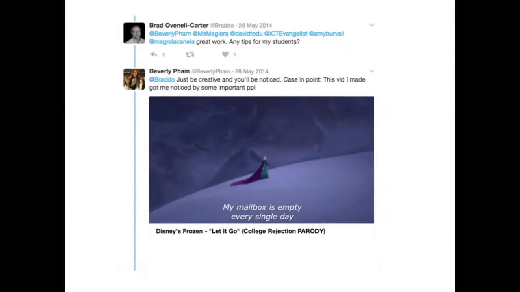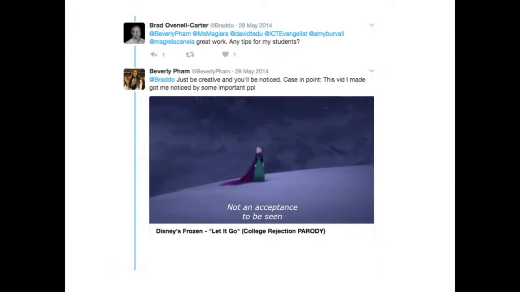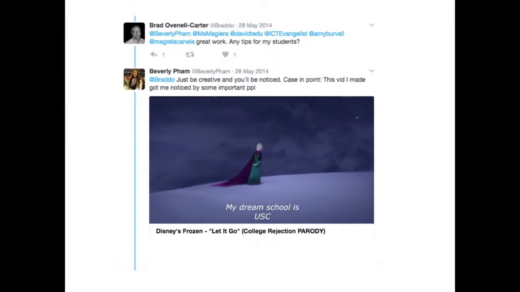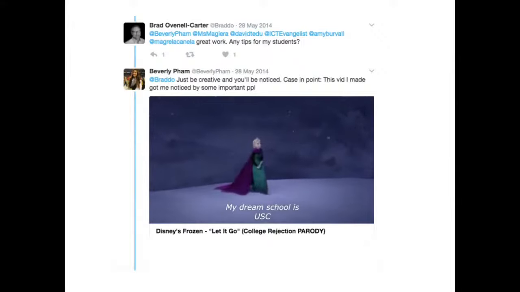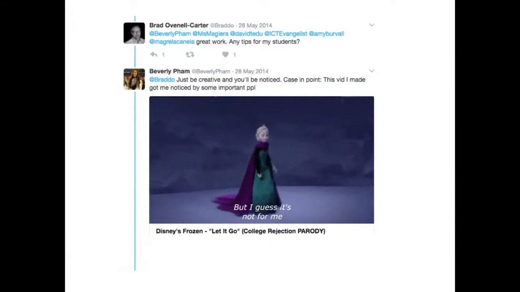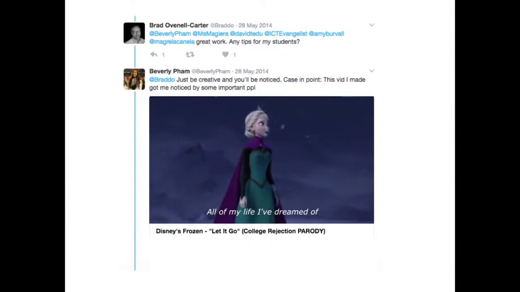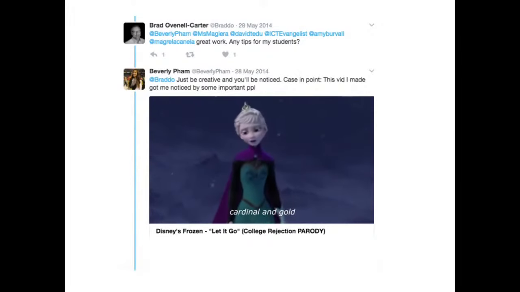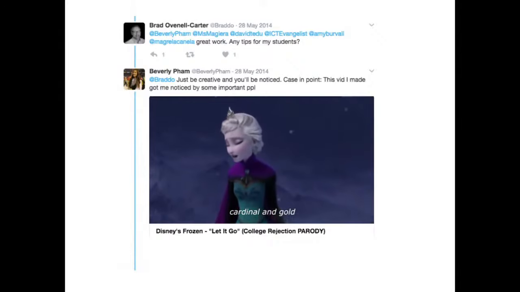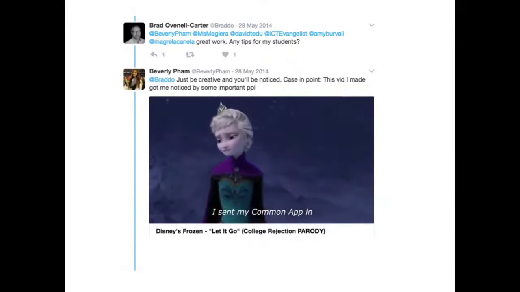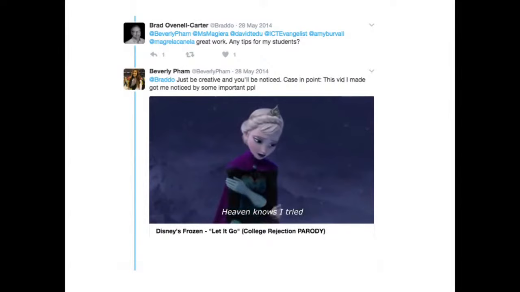My mailbox is empty every single day, not an acceptance to be seen. My dream school is USC, but I guess it's not for me. All of my life I've dreamed of cardinal and gold. I sent my comment happy and knows I